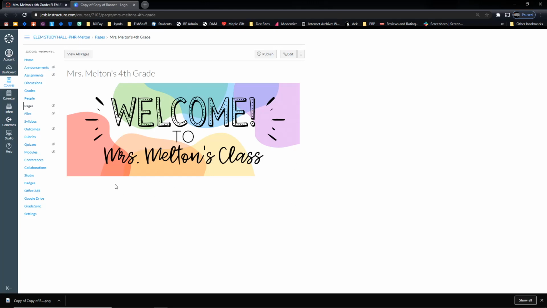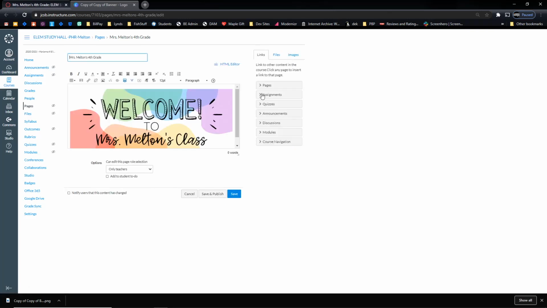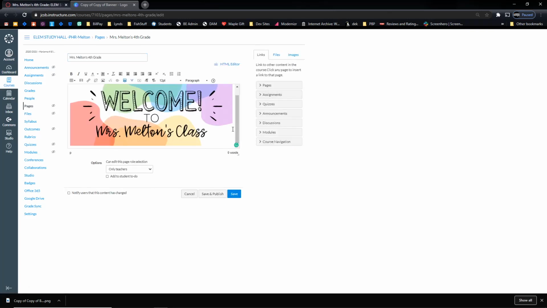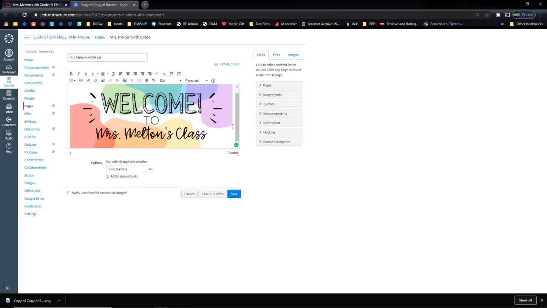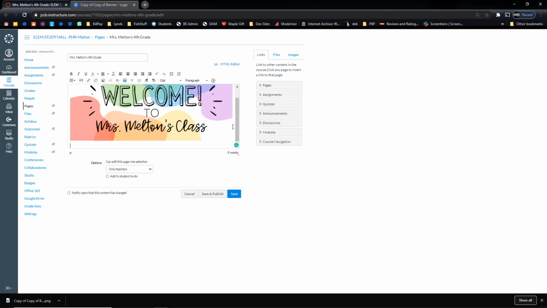Now this is what it would look like, just inserting that one image. Now, of course, I want my homepage to be much more decorative than this and much more functional, so I'm going to add some other features. So I'm going to go back and click Edit, and I'm going to add some informational text. So if I click past that image I just put in and click Enter, it'll drop down just like you would go to the next